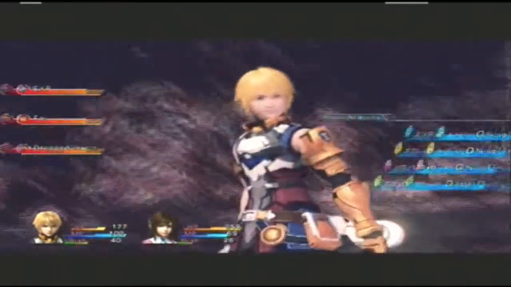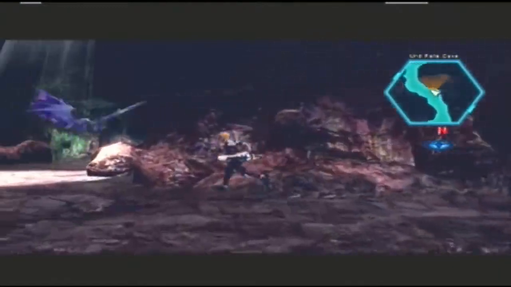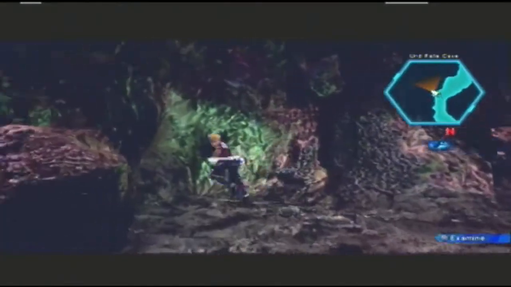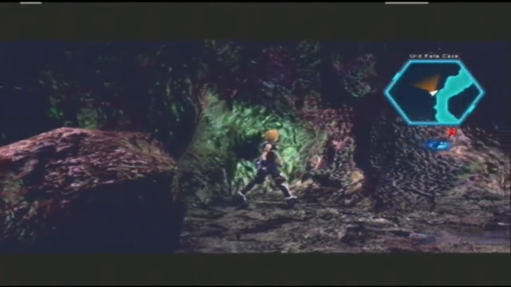You also do slightly more damage if you attack an enemy from behind them than in front of them during an actual battle. So, and watch the lower right of the screen if it tells you to press X or anything, because